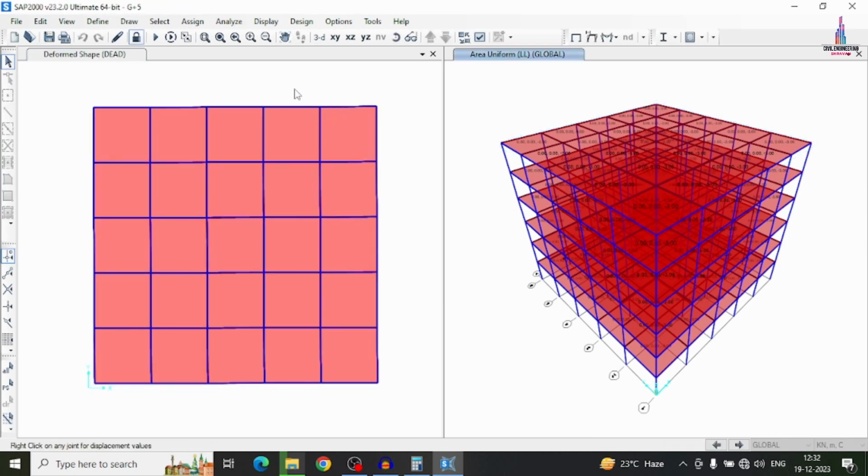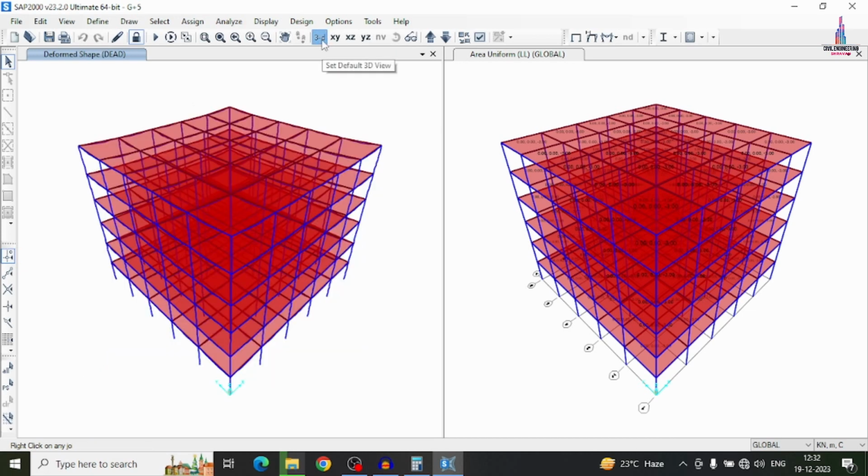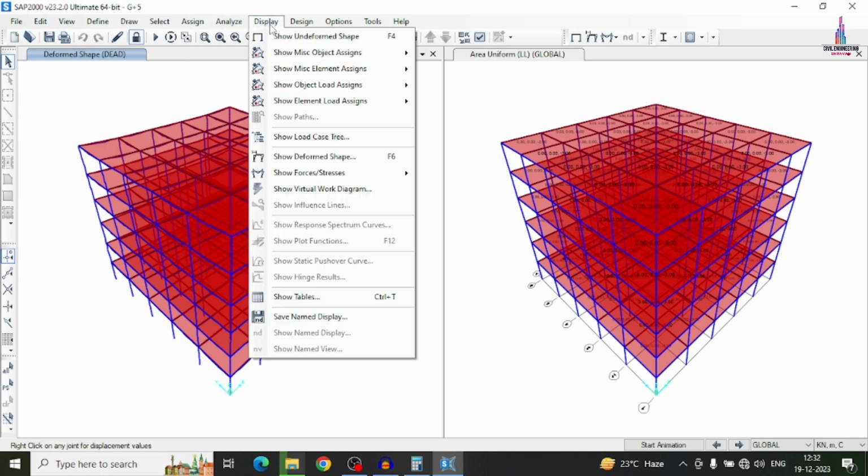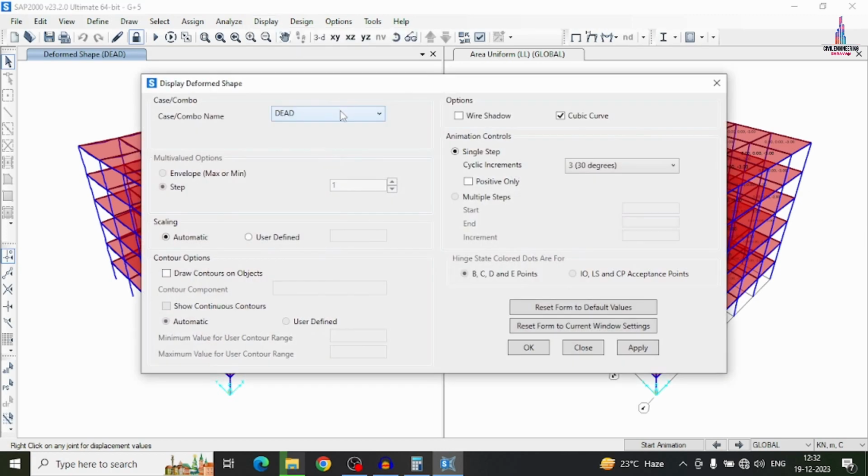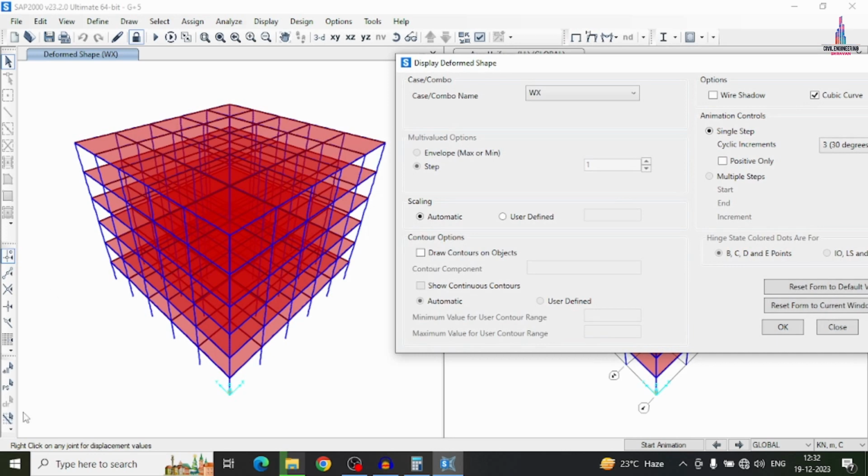So here you can see it was done with the complete analysis process. I will show you the deflection diagram by selecting this 3D option. This is the deflection diagram for the building structural model, which is nothing but the deformed shape due to the presence of the dead loading condition. I will change that loading condition to wind load x direction. Select the show deformed shape related to wind load in x direction. Click on apply so that it will display the deflection diagram related to the x direction wind loading condition.